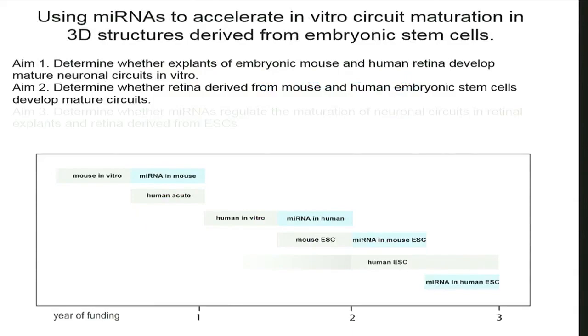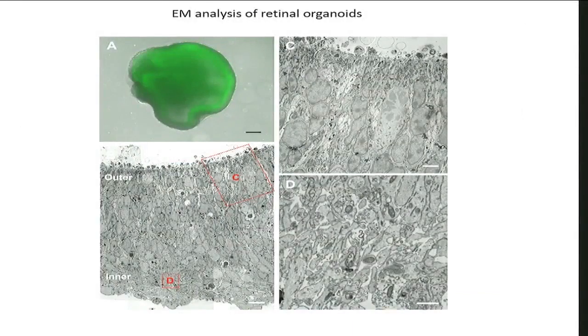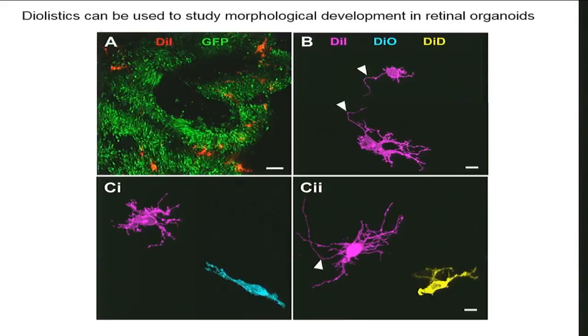So next, we're moving on to look at the embryonic stem cell cultures. We're looking at the retinal organoids and using EM to look for the evidence of synaptogenesis. Rachel Wong has a technique called dialystics, where she can take small beads covered with dye and essentially blast these little organoids, and then we can see the morphologies of their cells and see whether they're adopting normal morphologies. Here's an example of a ganglion cell with a little axon going out. By doing that, we're characterizing the size of the dendritic arbors, the ganglion cell subtypes, and the cells that they make synapses with.